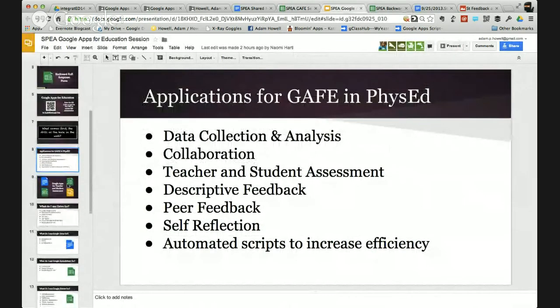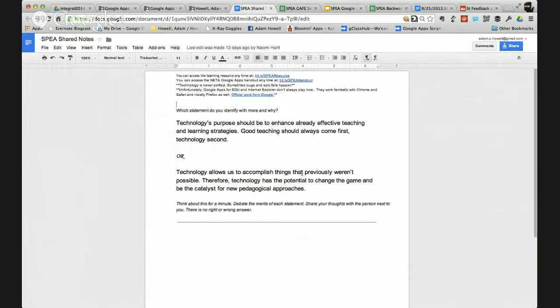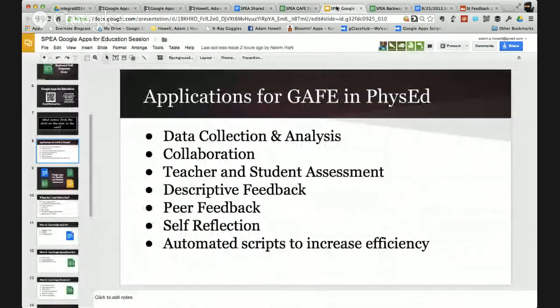So data collection, and collaboration: it allows your students to collaborate together. Think of the shared document that we have going with the conference right now, and people able to edit one document all at the same time. Your students can edit the same thing at one time in phys ed, in math, in English, in anything that you're doing. That's the really key point, that we can now all collaborate together. A nice thing for me is if Adam and I are working on something, he lives in